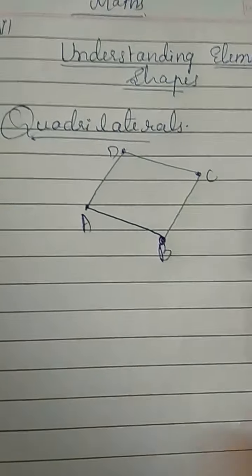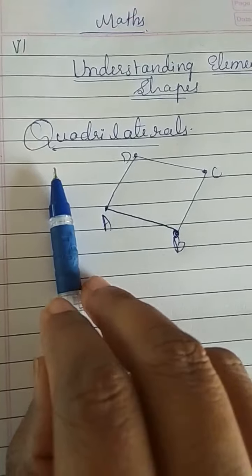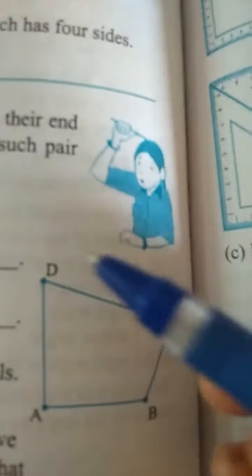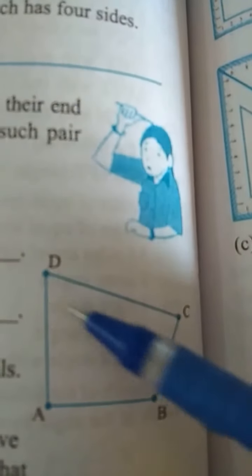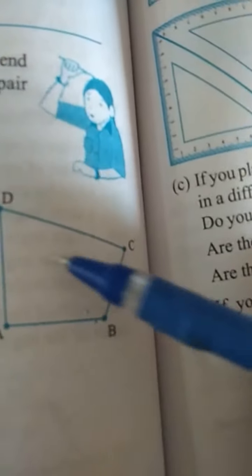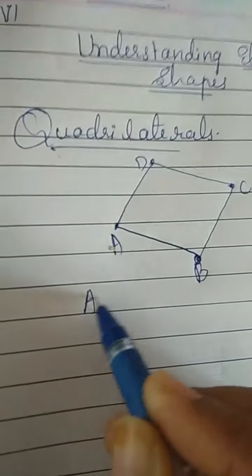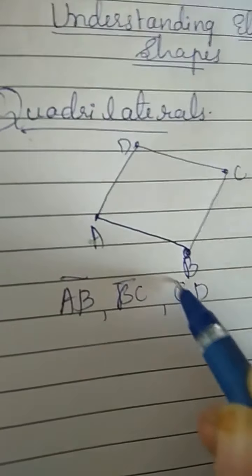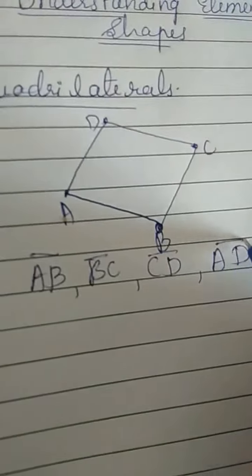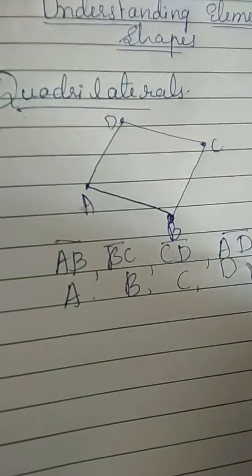This is a quadrilateral. Do one thing: place a pair of unequal sticks with their pointed joints at the end. Now place another such pair meeting the free ends. What is the figure enclosed? This is a quadrilateral. Here, as I said, how do we write these features? As I said, AB, BC, CD and AD are the sides. Vertices are A, B, C and D.